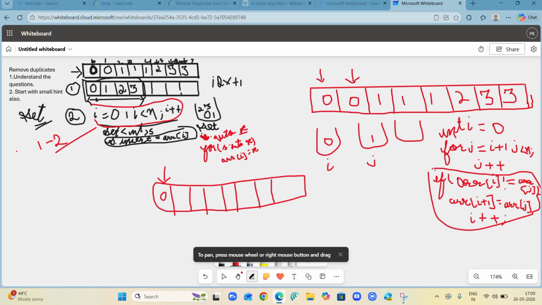Now it is simply going to move to the next element. j has become 2. Now it is going to compare: are my array of i and the array of the second element the same? No, they are not the same. They are unique. So what am I going to do this time? I want my array of i plus 1, I want this element beside me.